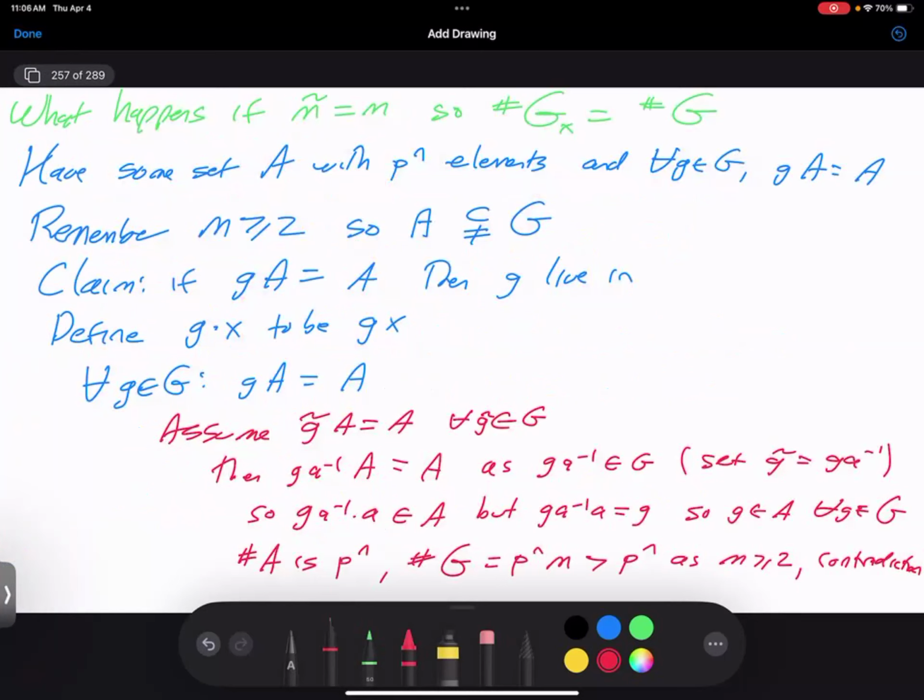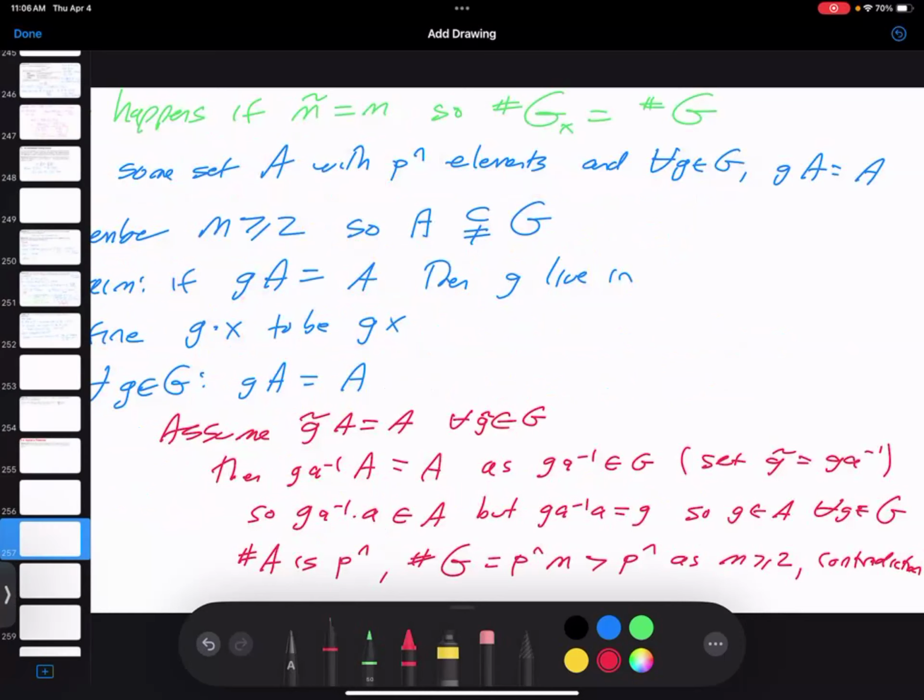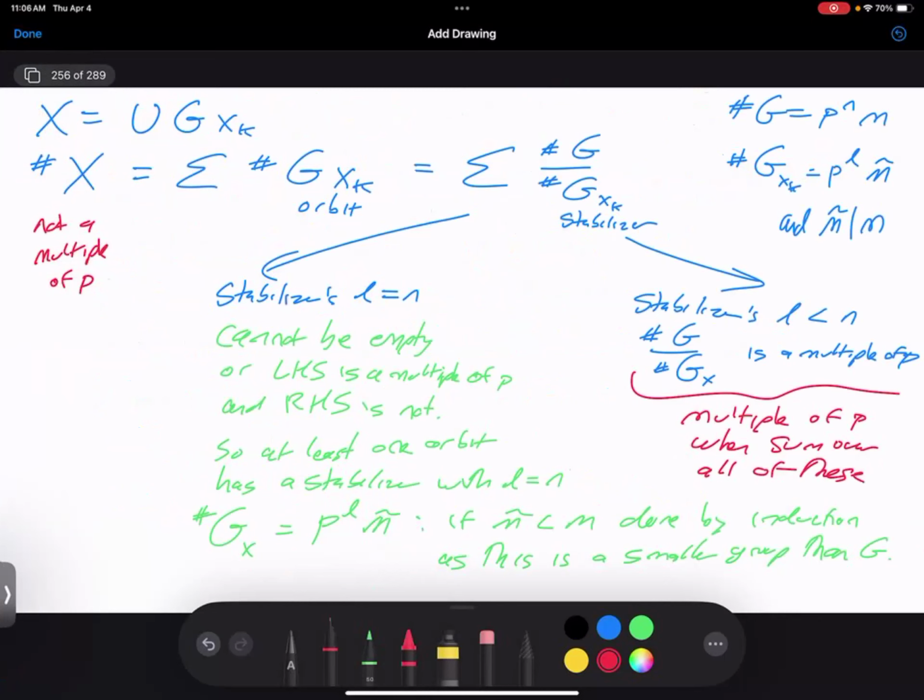Well, from the previous page, we saw that there had to be at least one stabilizer who has p to the nth power. If everything had a p to a smaller power than n, then we would have a multiple of p on the right-hand side. We don't have a multiple of p on the left-hand side. So there's got to be at least one element who has a stabilizer of the form p to the n times m tilde. The problem is, if that m tilde is m,